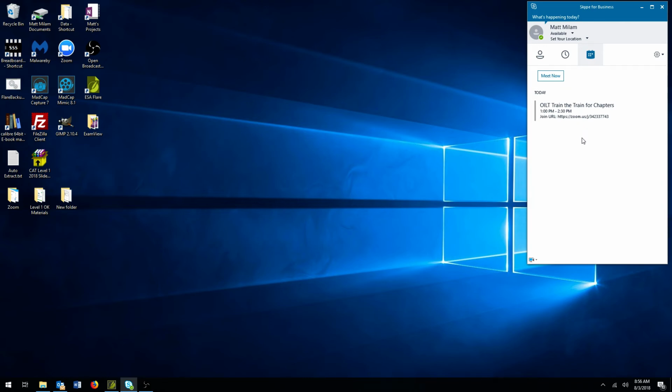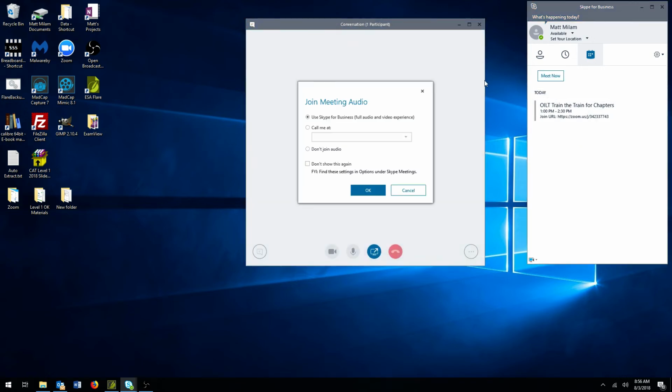But if I want to do an ad hoc meeting just on a whim, you can click this Meet Now button, and it'll create a teleconference meeting. So right here, it's asking, do you want to join the meeting audio? How do I want to do it? So I have the option of using the full audio and video experience like what we're doing right now,